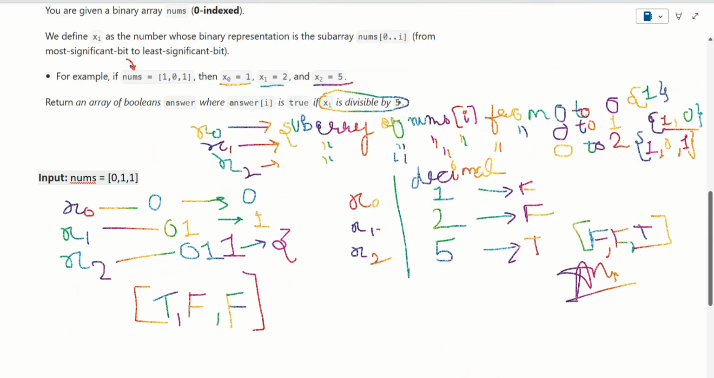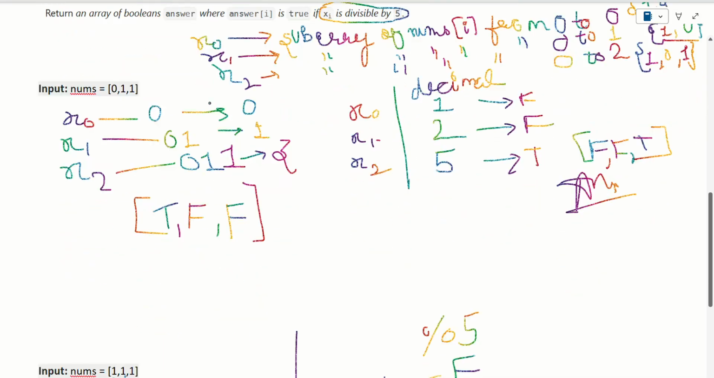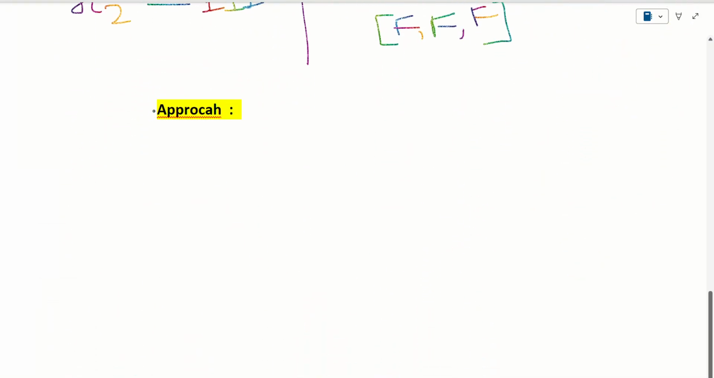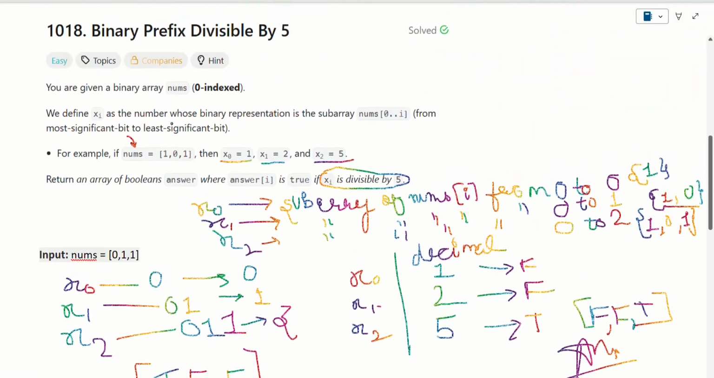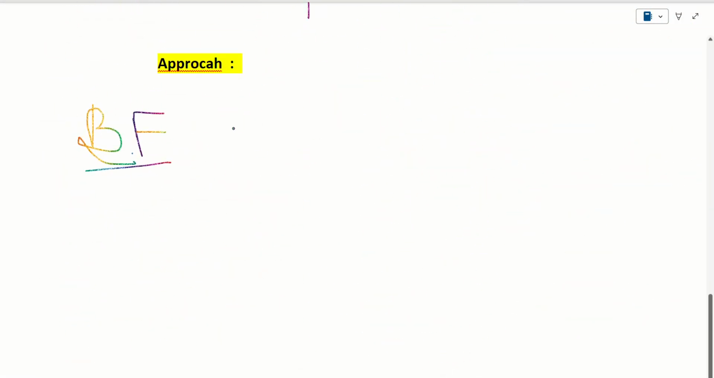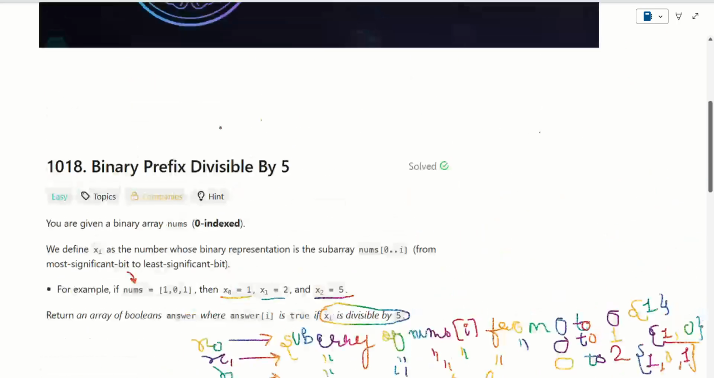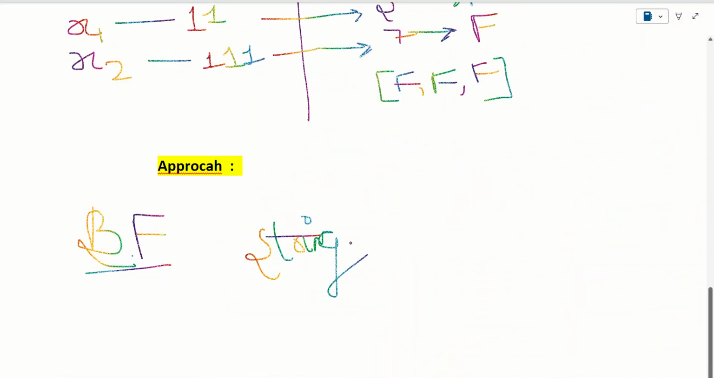So let us move on to the approaches of this question. The very first approach that came to our mind is the brute force approach. Okay, so what basically are we going to do in the brute force approach? We are going to traverse the array from left to right, and we are initializing a string, and for every character that we get, we simply append that particular character to the end of the string, and